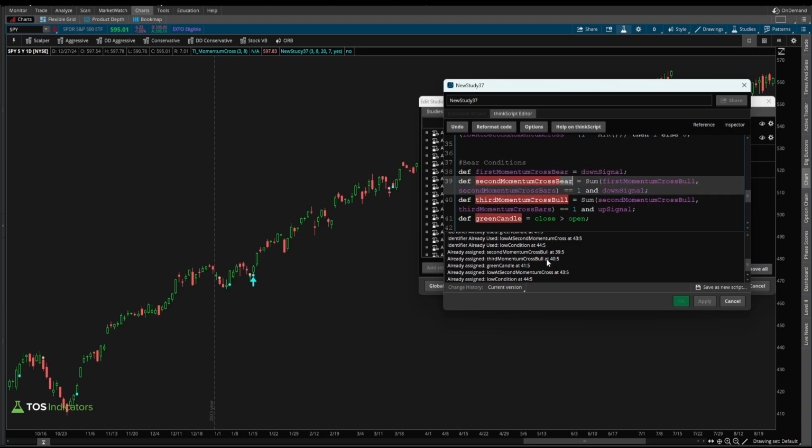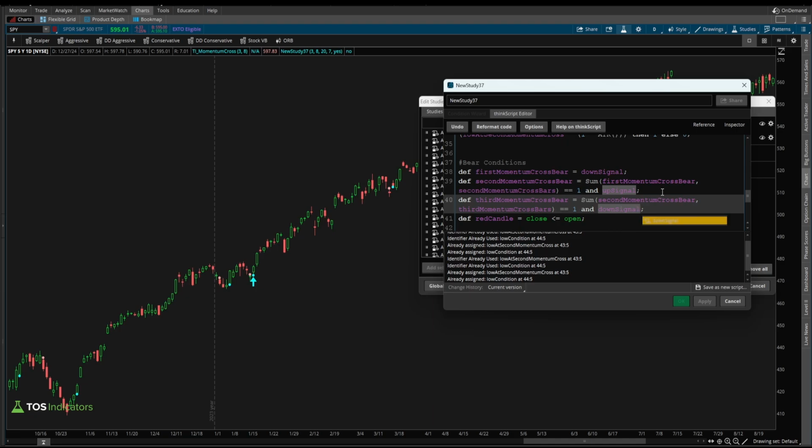I'm going to change all of our variables to be bear. Our candle should be red candle, and close should be less than or equal to open. And here we can plug in our sum of our first momentum cross bear, which should be the same variable equal to 1, except this time we're going to want to see an up signal. And then our third momentum cross bear should be referencing now the second momentum cross bear variable, looking over the past 7 bars, checking if that's true, and this time looking for the down signal to resume